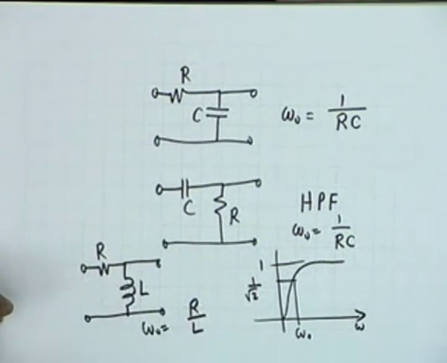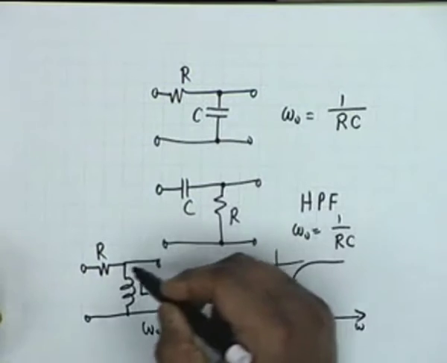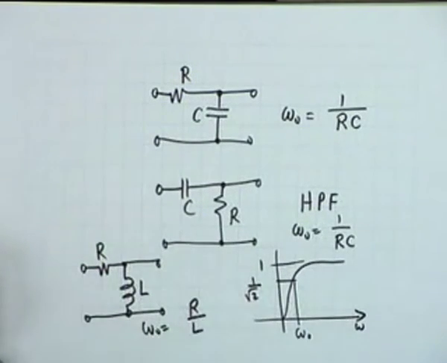Now one should not look at this only as mathematical conveniences or mathematical elegances. There is a physical meaning. Given a circuit, you can always argue what kind of filtering will this circuit perform. Please remember that filtering can be done only when there is at least one energy storage element, because it is only energy storage elements which are sensitive to frequency. Resistance is not sensitive to frequency. So you require at least one inductance or at least one capacitance.